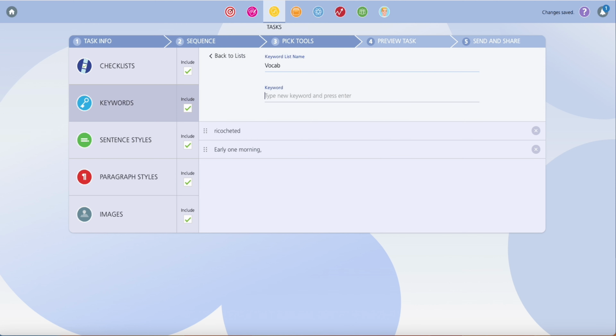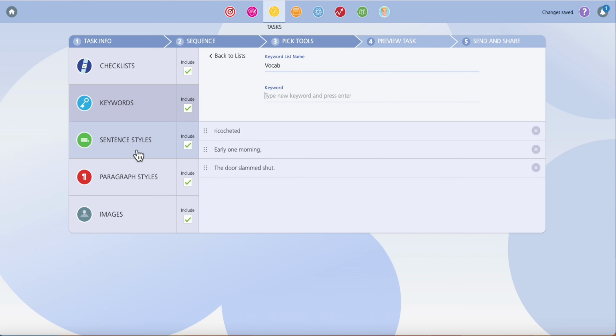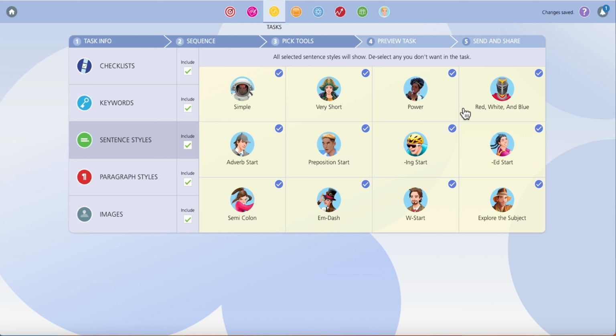Now onto the sentence styles. All 12 are selected because the tool is telling me that they are all suitable for Year 7 students in this case, but I can pick and choose. I can decide which ones the students are going to have access to for this task. The ones that I've deselected have now been removed from the sentences box, and they've also been removed from the